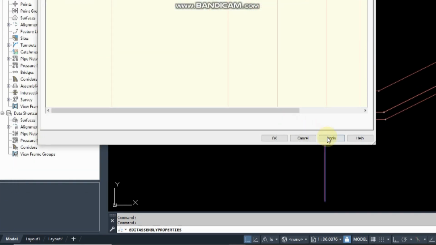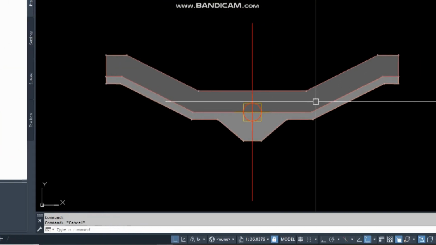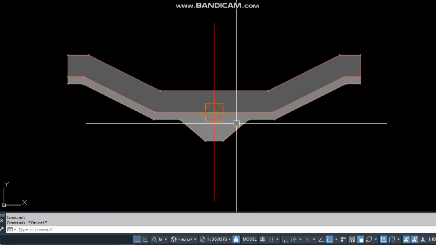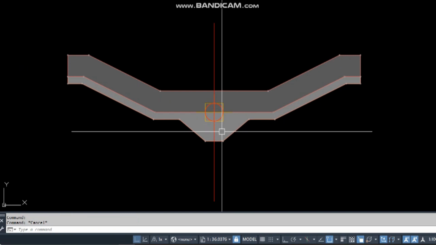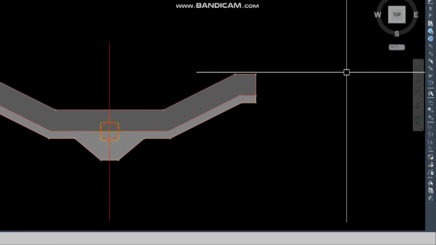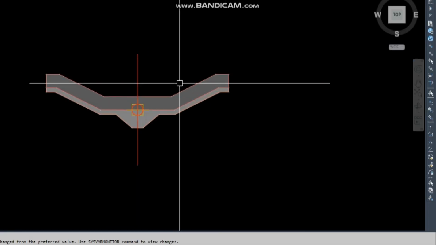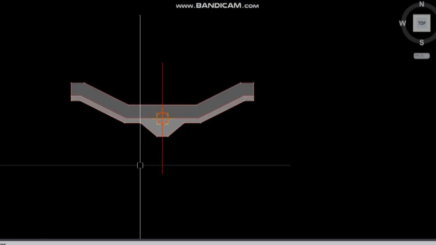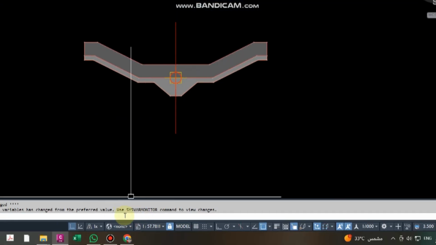Now this concrete I created one new and one existing, and you see now both of my shapes have code and different color. So if you will attach this to cross section, in the cross section you can calculate different quantity per